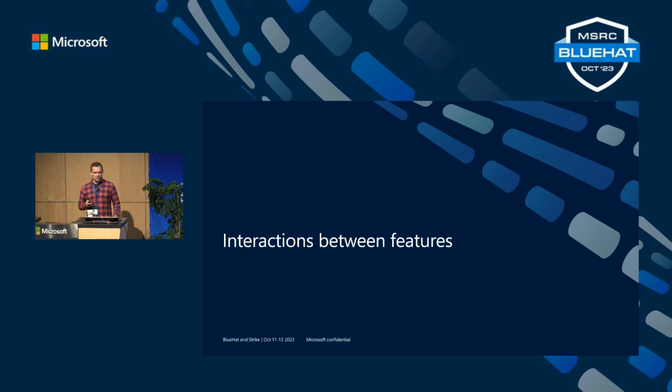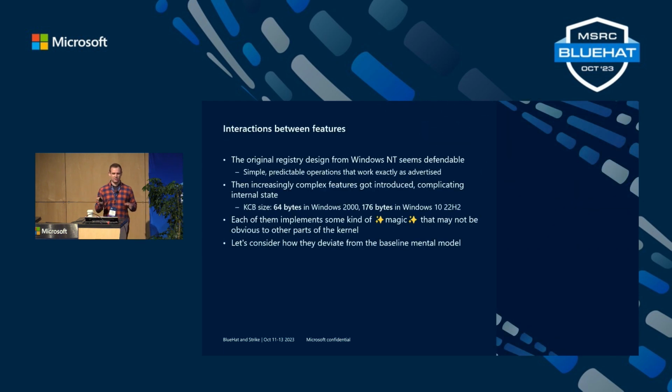Right. So once I actually thought I found all of the bugs that I could find inside of a specific feature, I would try to think about how it can interact with other parts of the registry. And this is also a very interesting part as well, right? So I have to start off by saying that I really like the original design of the Windows registry from Windows NT, because it did exactly what it advertised, right? You had some operation like creating a key, you could call it, and then it would behave exactly as you